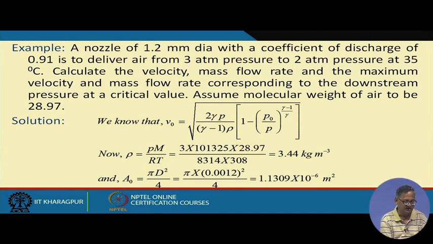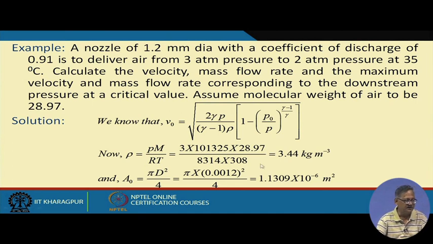Calculate the velocity, mass flow rate and maximum velocity and mass flow rate corresponding to the downstream pressure at a critical value, whatever it is. Assume molecular weight of air to be